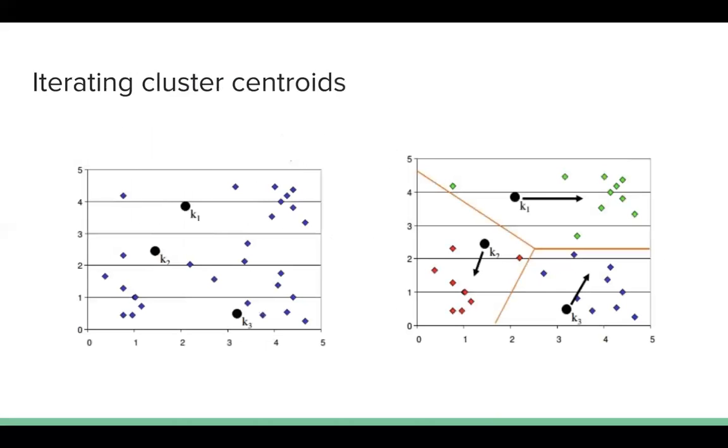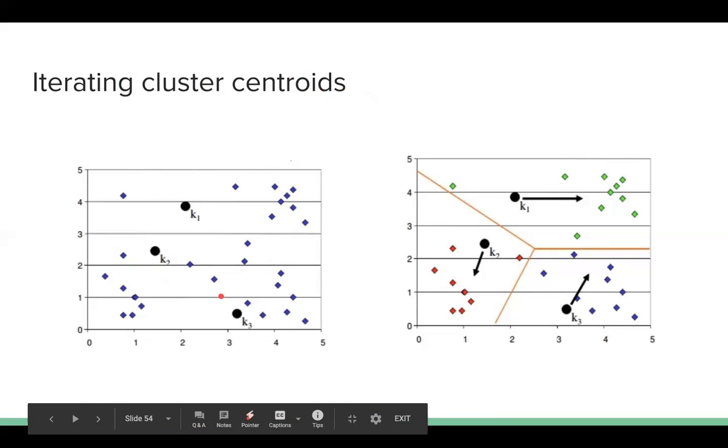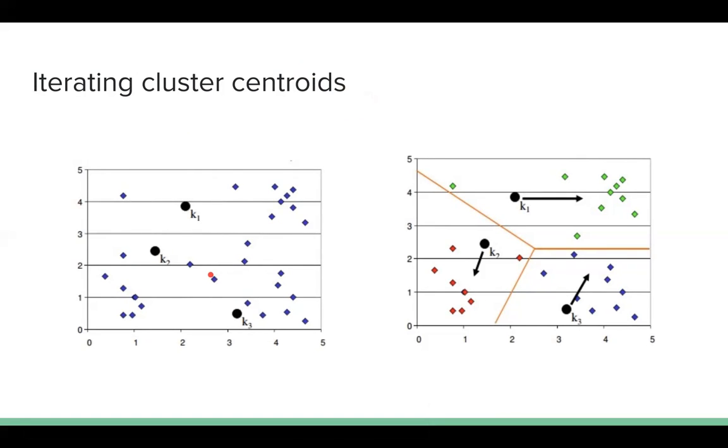Now one of the important topics here is how do you decide on the value of k? For example, if I have only two clusters, k1 and k2, there are high chances that this complete thing will form a cluster and all these points will form another cluster. That is also a solution. And I can even have only a single centroid, maybe at the center, and say that all these data points fall into the same cluster. Then there is no point, because I'm saying they all belong to the same cluster.